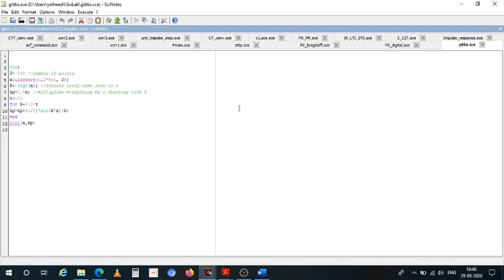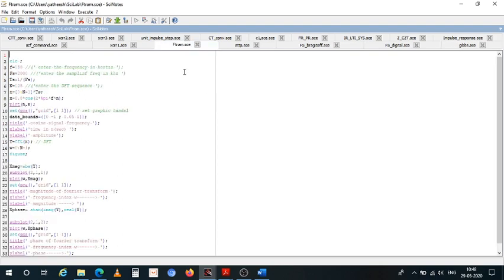Now let us go to experiment number 7. This is your experiment number 7, that is computation of Fourier transform.